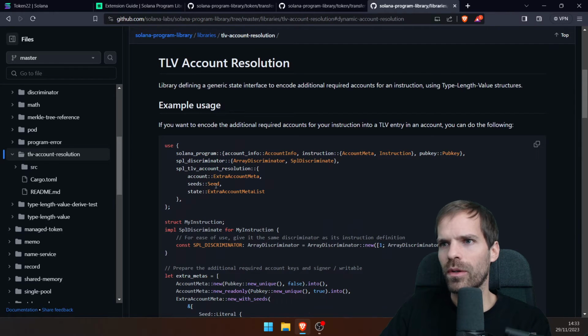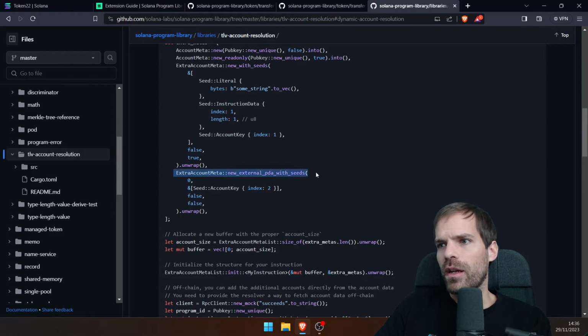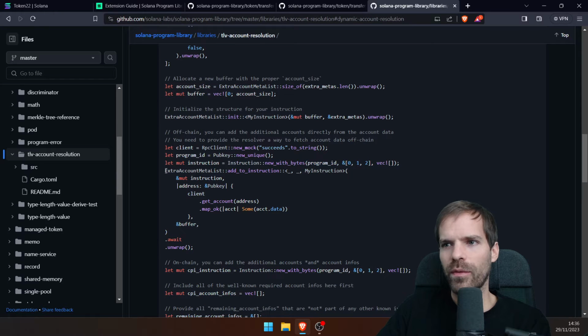See the example code, extra metas. This would be a static account, this one as well. And this one would be a PDA that is derived with the following seeds. First a literal, then some instruction data, and then some account. The second account, so account with index 1 in the instruction, and then probably something like if it's writable, and yeah, another PDA, external PDA. And then we have an extra account meta list add to instruction to this mutable instruction. We add the accounts that we get from a client get account